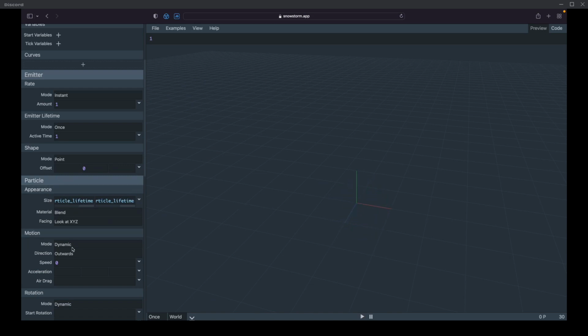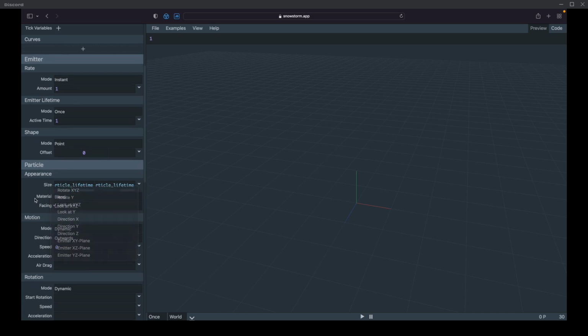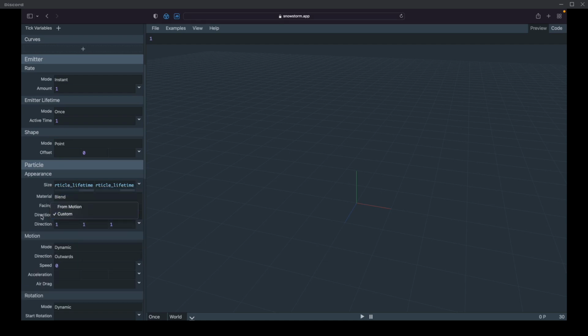Yeah, they don't have it here. There's a hidden facing direction that I found called Look At Direction, and that allows you to rotate the particle around a central axis that you specify using this. Oh, it doesn't even have that support. Dang. If you specify a direction here, you can specify a custom direction. And the axes for look at direction is specified through this direction vector.